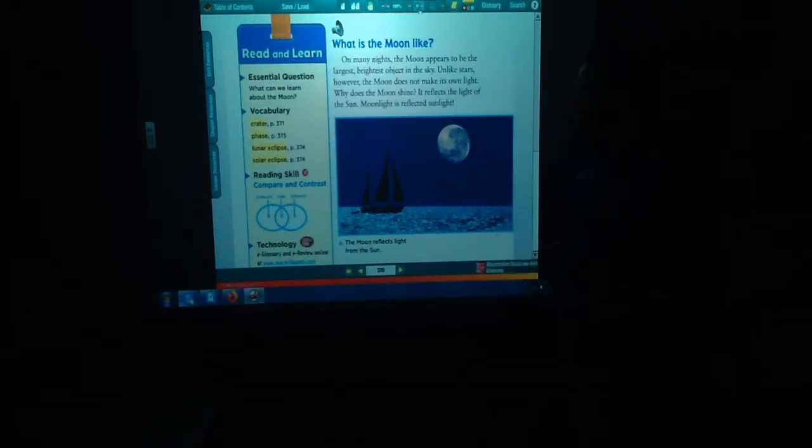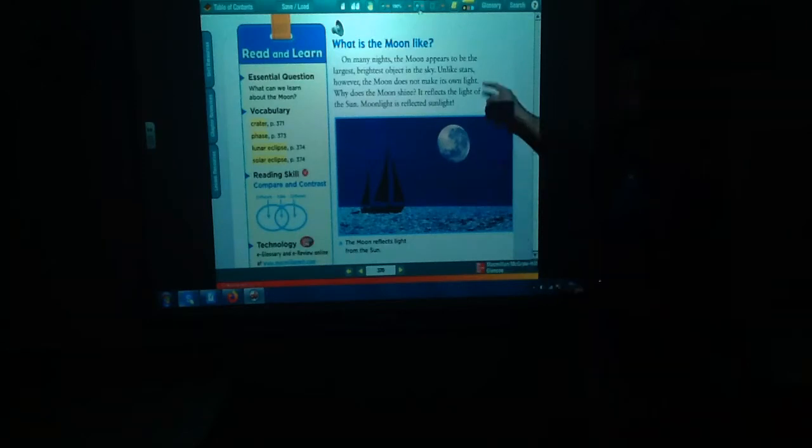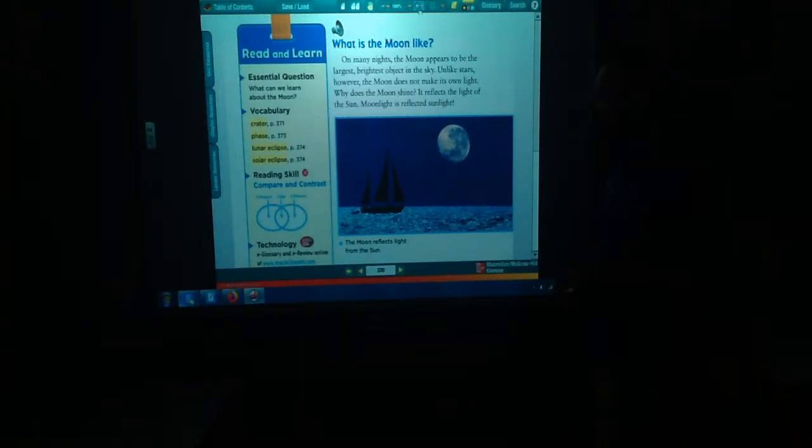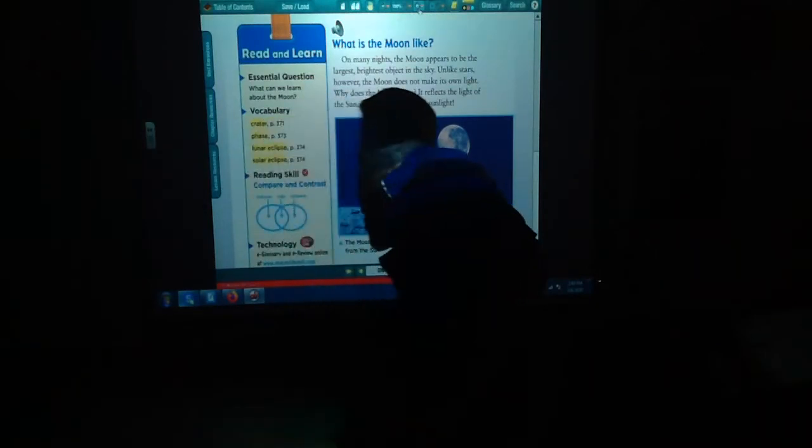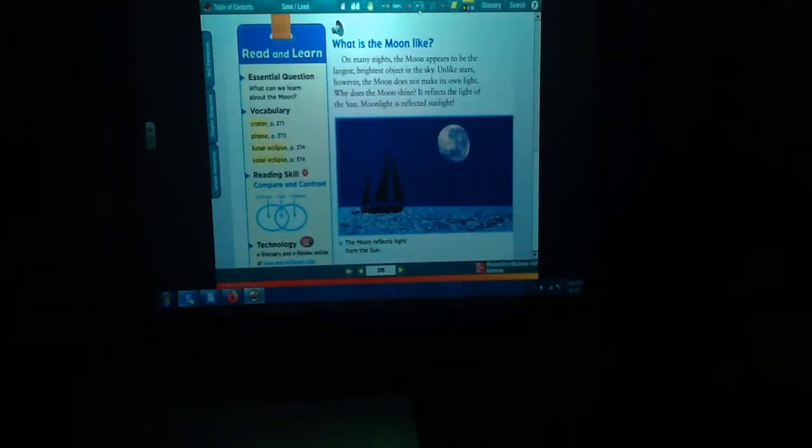So, what is the moon like? On many nights, the moon appears to be the largest, brightest object in the sky. Unlike stars, however, the moon does not make its own light. Why does the moon shine? It reflects the light of the sun. Moonlight is reflected sunlight. So, if you can remember back from previous weeks,